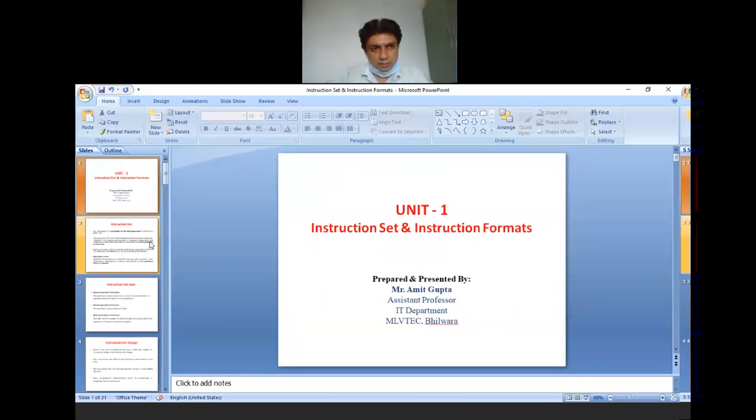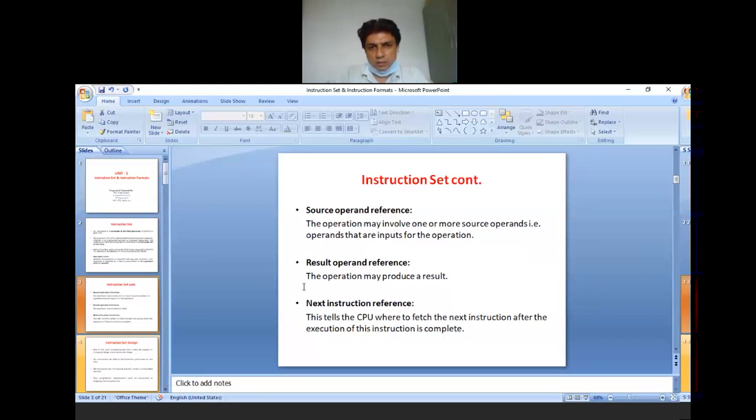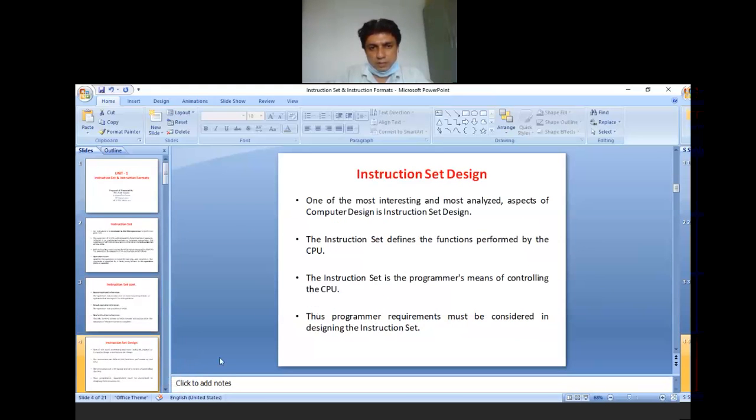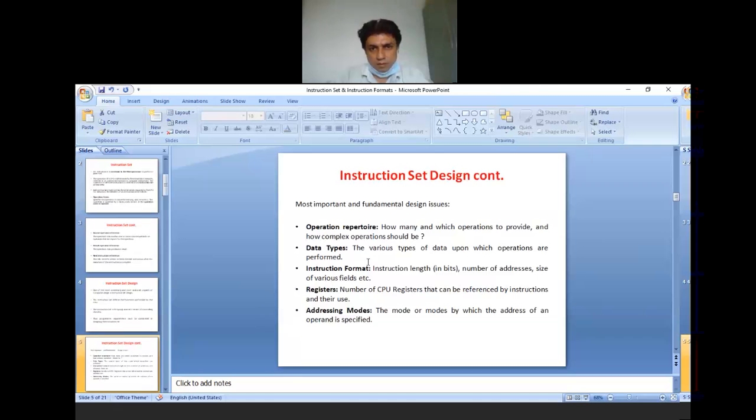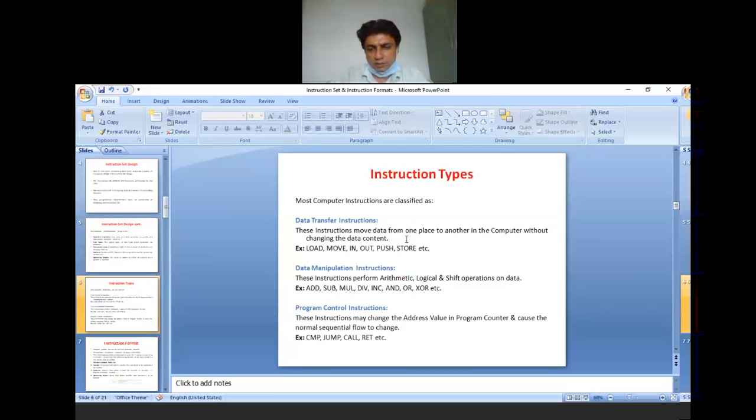In the last class, we already discussed the instruction and instruction format. What is the definition of instruction set? How many types of instruction sets are there? Its design, the fundamental design issues, its operations. What are the instruction types, like data transfer instructions, data manipulation instructions, program control instructions.